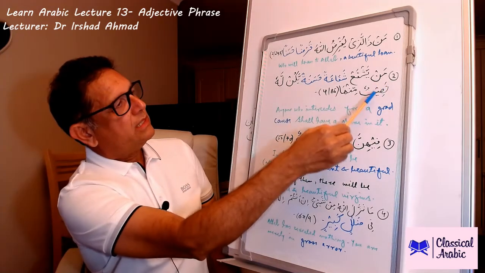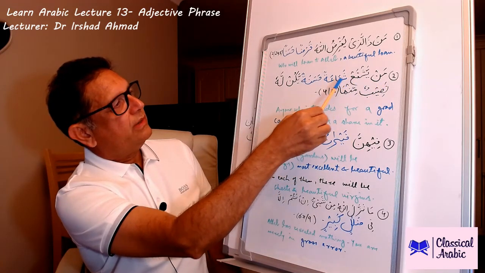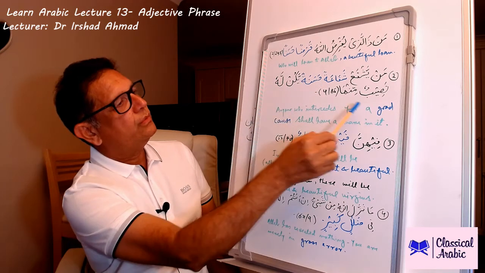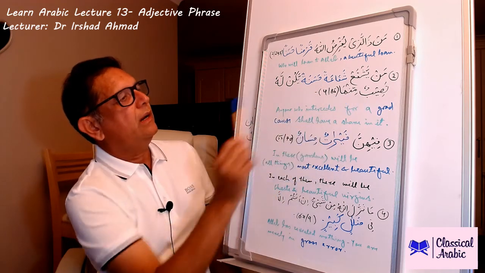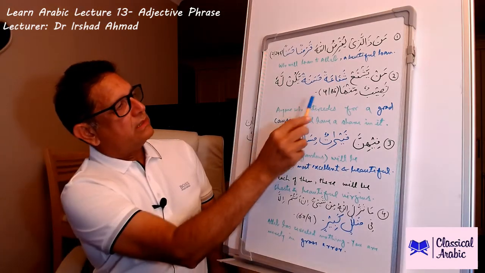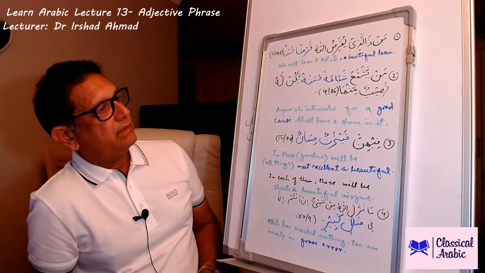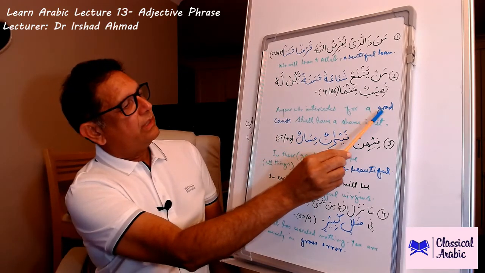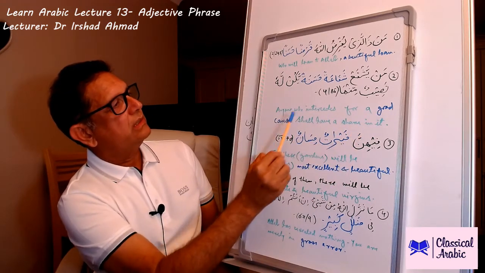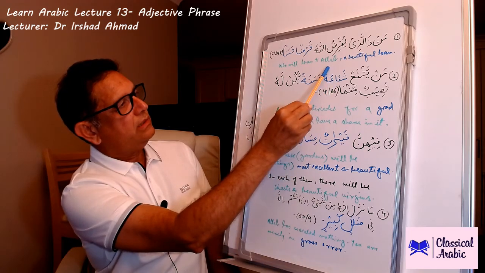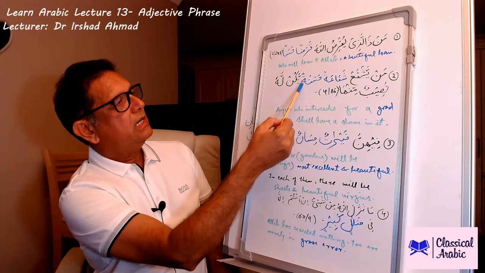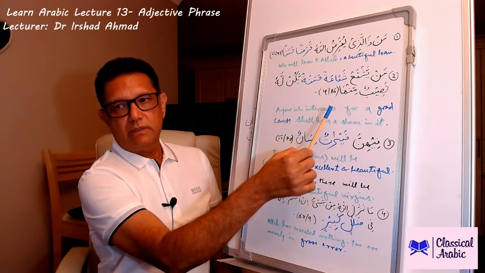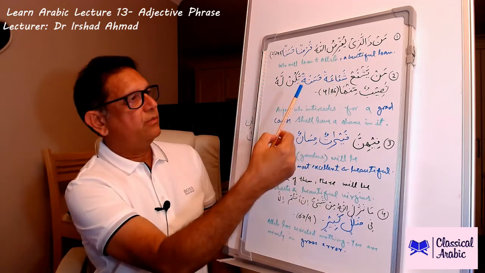Then we have another example. Man yashfa shafa'atan hasanatan yakul lahu nasibum minha. So that's Surah Nisa, ayah number 85, part of ayah number 85. Anyone who intercedes for a good cause, shafa'atun will be in rafa, hasanatun will be in rafa, but here it has been used in nasb, and there is a reason for that.